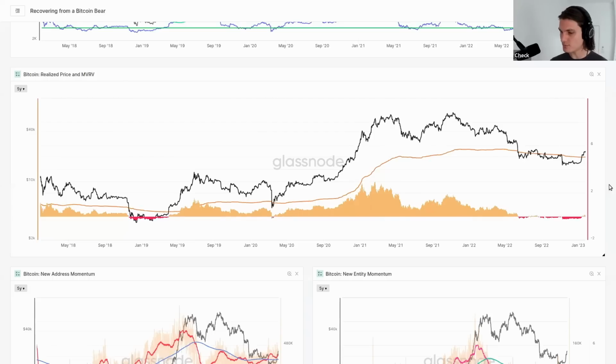and that puts the technical side, we've broken a psychological level from a technical side, but simultaneously, the MVRV is now back above a value of, well, here I've subtracted it by 1, so we can get this nice oscillator in Workbench, but it's broken above a value of 1. So what that means is that the average Bitcoin, right? Now, remember, there's going to be coins, right? I've got UTXOs that I bought at 50,000. I still hold those. They're certainly underwater. But if you take the average across the entire market, and by the way, this includes Satoshi and the lost miners and everyone, if you take an average across the average BTC, are they in an unrealized profit? And the answer is yes.